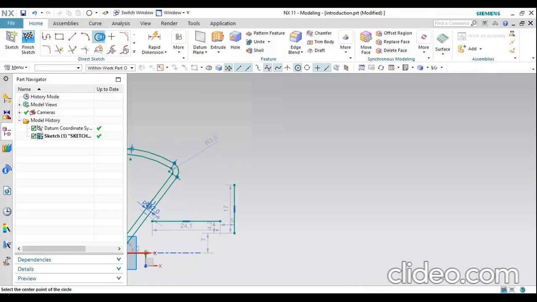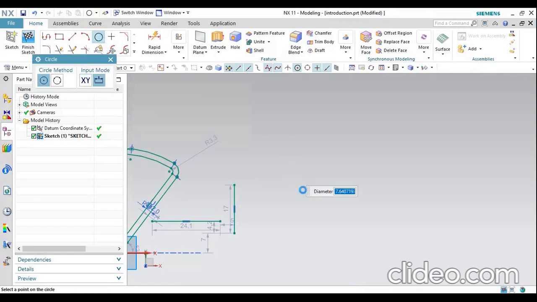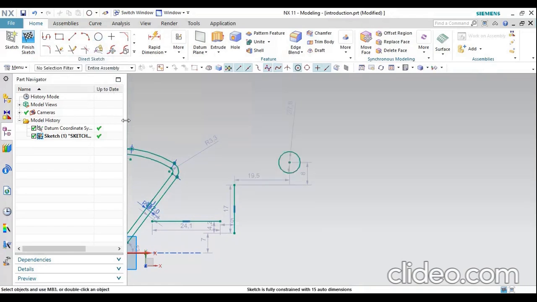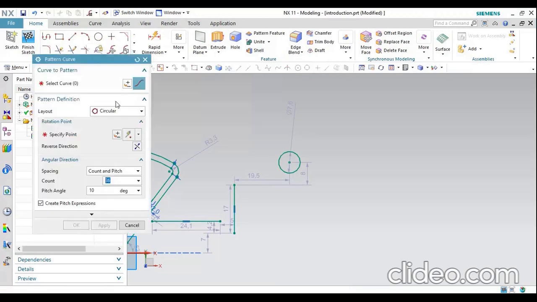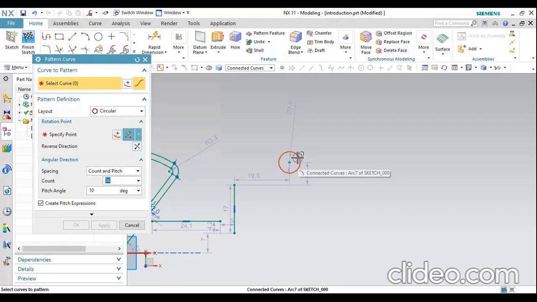So simply I'll take a circle. Then after, please select pattern curve. Which one you are going to pattern, that curve will be selected.